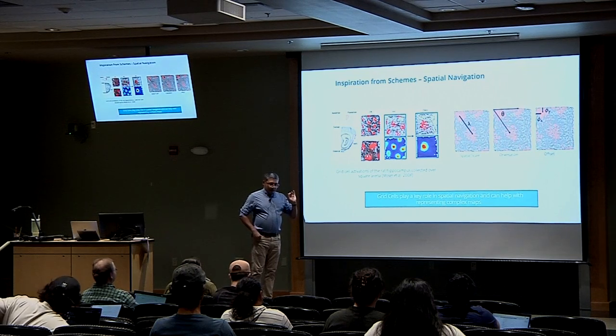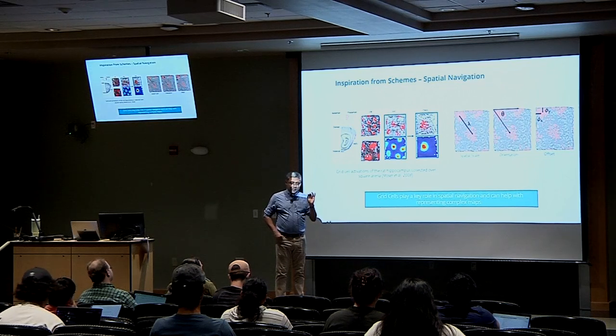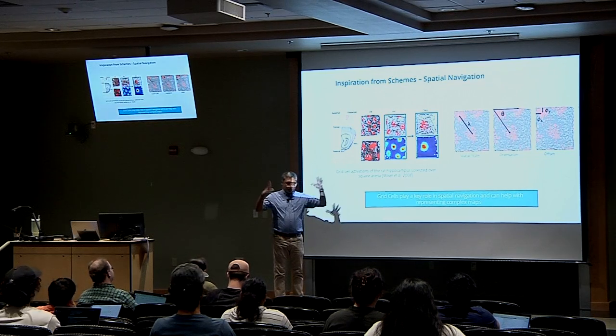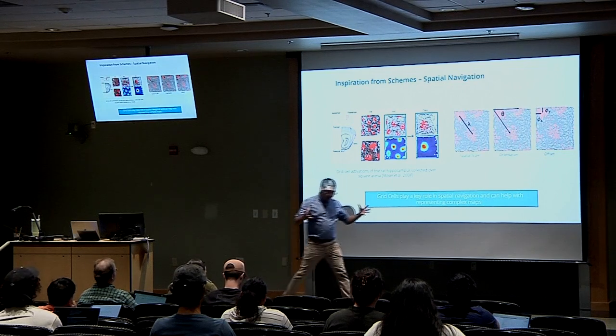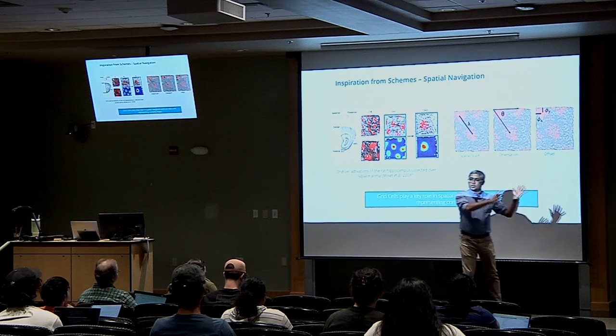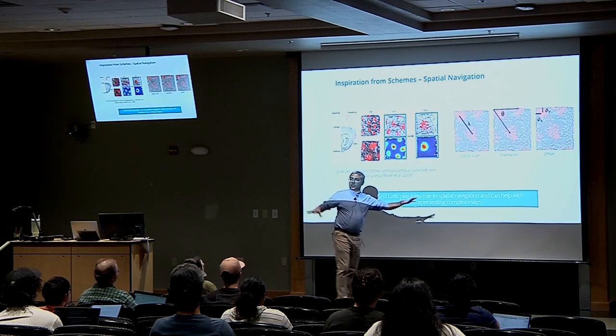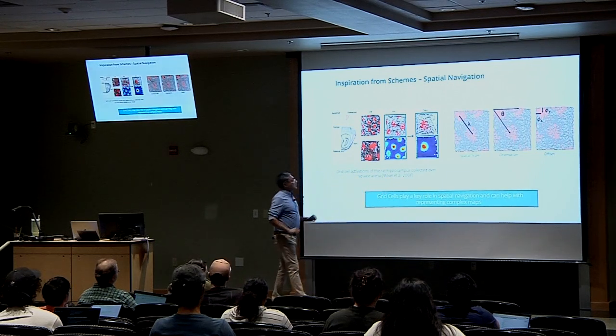Place cells in the brain, there are neurons in the place cells that fire when you're at a specific location. So there's a bunch of different neurons. And if I'm at this location, a certain specific neuron fires. If I go to a different location, another neuron might fire. And depending on which of the neurons fire, you know where you are in a spatial configuration.